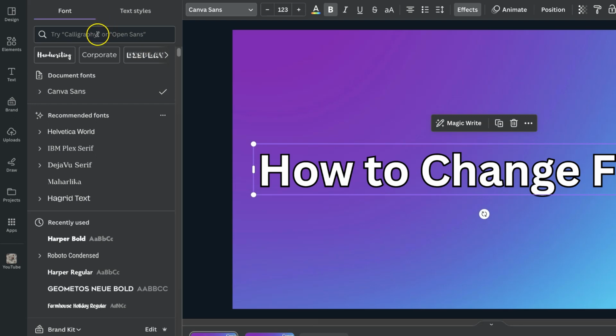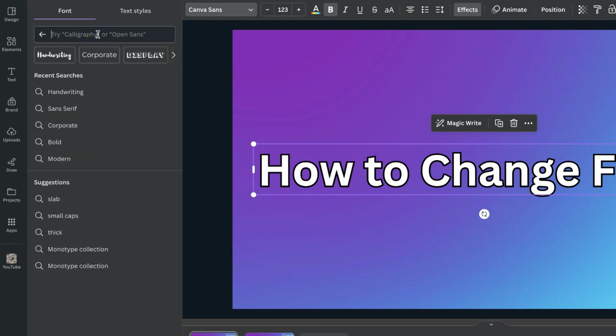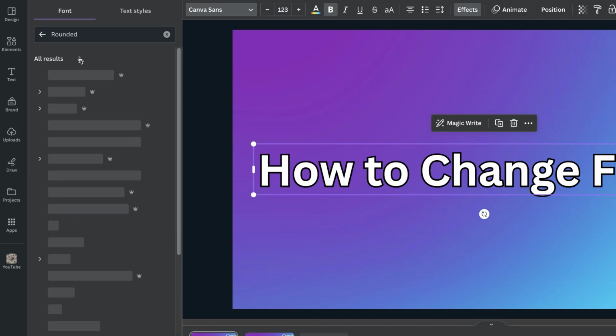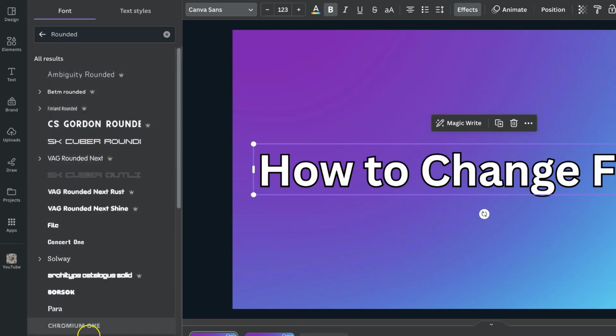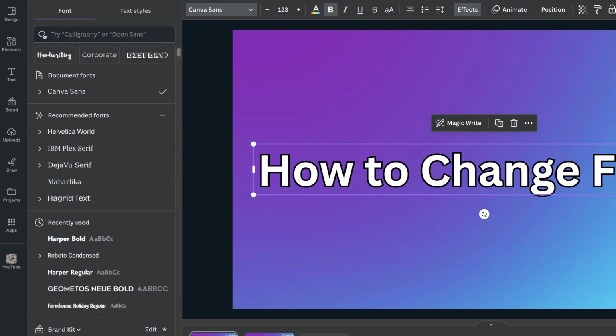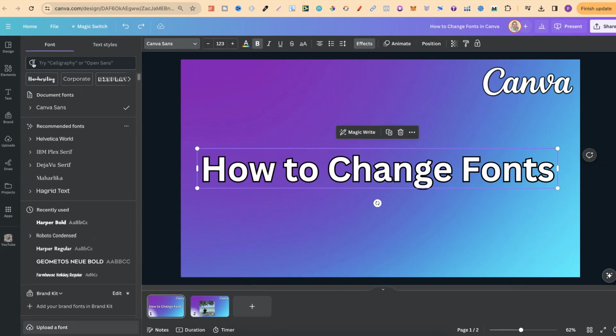We can also use the search bar just here to type in any specific type of font that we're looking for, or we can use these different styles just here with handwriting, corporate, display, and many more. If we click on one of these, we can check out rounded, and it's going to pull them all up down here. Now, the great thing about Canva is that they have hundreds and hundreds of free fonts for you to choose from. And if you also have a paid version of Canva, then you can also upload your own